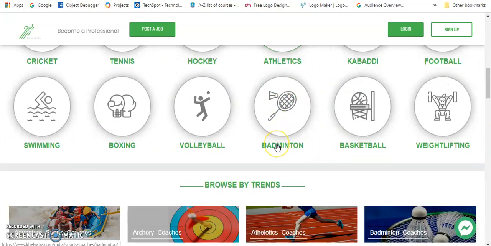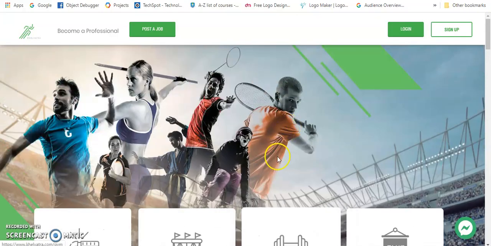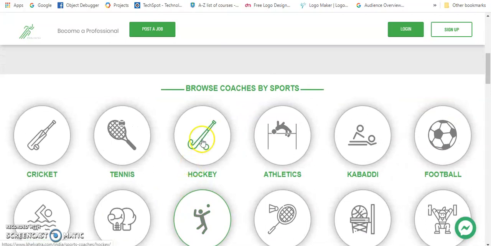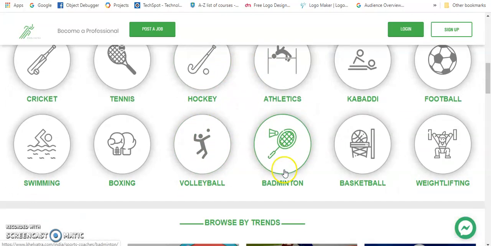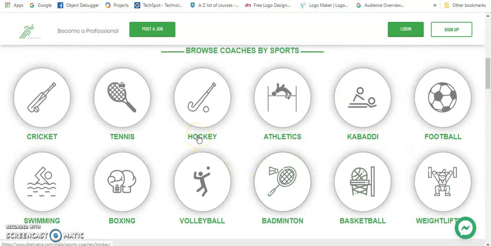So basically React is based on the Ajax engine. If you are not aware of Ajax, here I want to tell you: in this page you have this browse coaches by sports part, right? You want to update some name here using a button click. On your button click you want to update this name using Ajax. So you don't have to refresh the whole page, you just need to use Ajax and this will update your name, right?